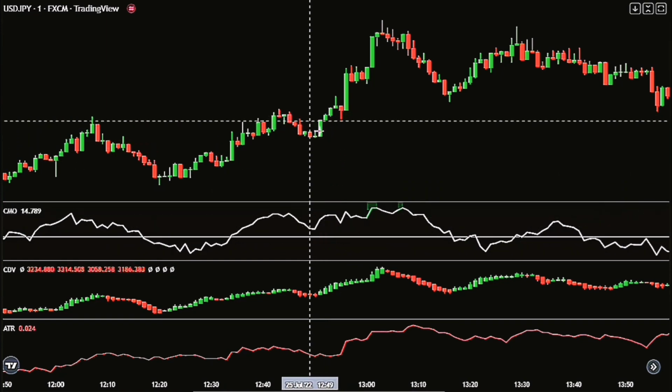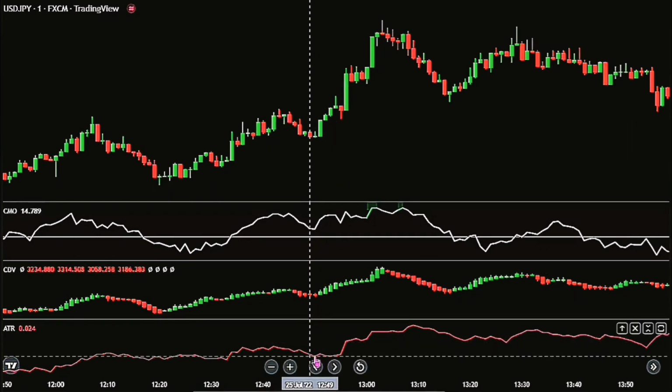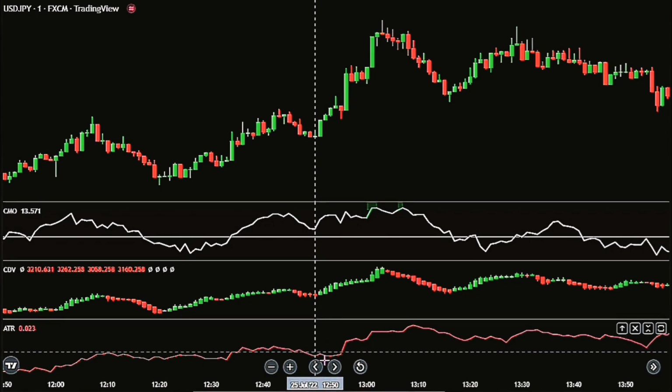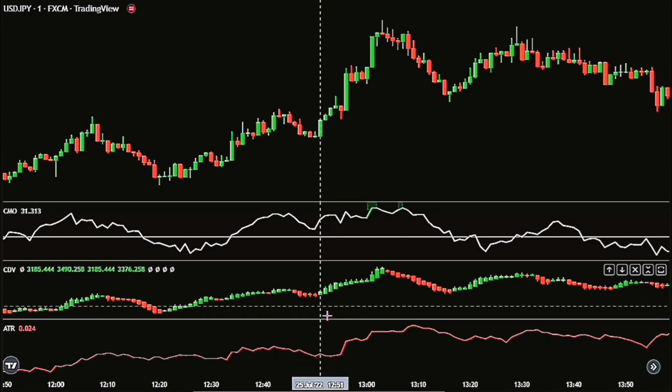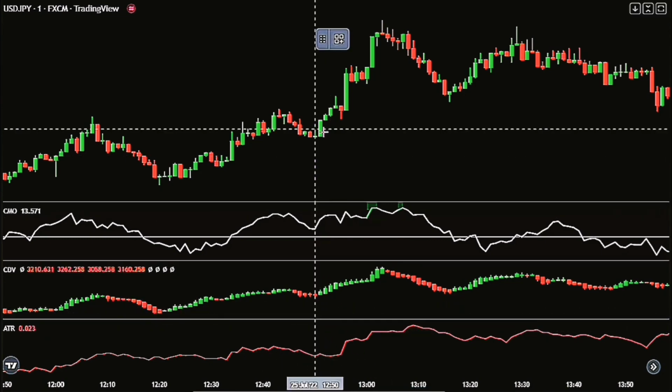Okay, so for a long position to be valid, we need to have a new buy candlestick from the delta volume indicator, and the Chande oscillator has to be above the 0 line. And once we have these 2 conditions met, then we are going to go ahead and place a buy order at the highs of the trigger candlestick,